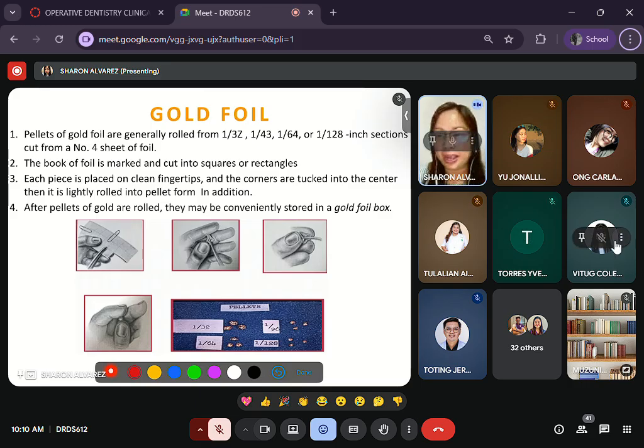So way ahead of time, once you decide to prepare the gold, this is what you will be doing. As a dentist, what you will be doing is to cut the section of the 4x4 into smaller sheets. Okay? So the dentist would mark the gold foil and cut it